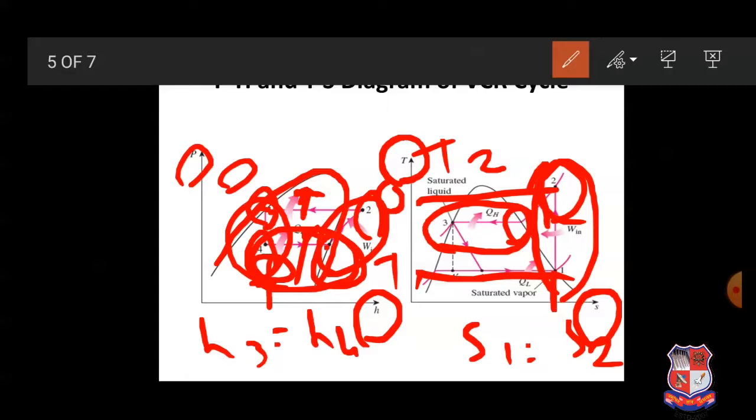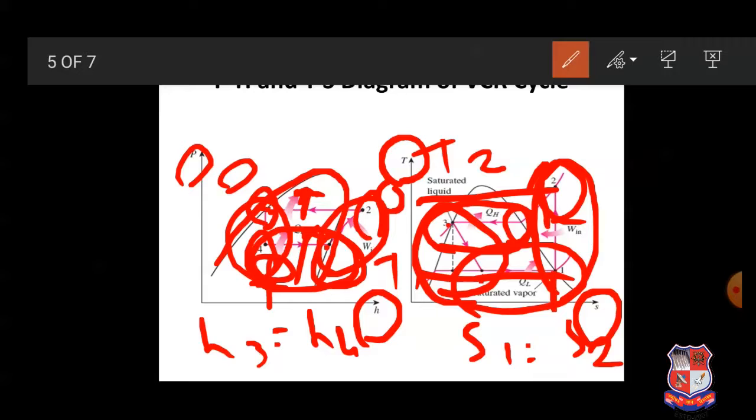Now we are going to discuss the process 3 to 4. 3 to 4 is an irreversible adiabatic process. During the irreversible adiabatic process, some amount of entropy will rise. So you can see S3 to S4, some amount of entropy is increasing, and during this process temperature is decreasing. And then the last one is 4 to 1, which is your evaporator,